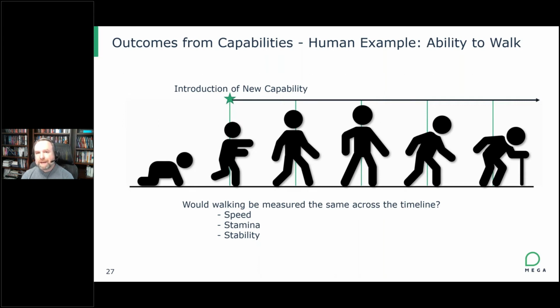But what about measuring those capabilities at different points in time? If I use three examples, speed, stamina, and stability, and I were to measure the speed, stamina, or stability of the toddler versus the teen versus the elder, I would have different results. And in the same way, when we have the value streams broken down into business capabilities, we can determine metrics on those capabilities that cut across functional silos and give us an indication of how well we're able to perform. But additionally, we can project measurements of those metrics into the future.